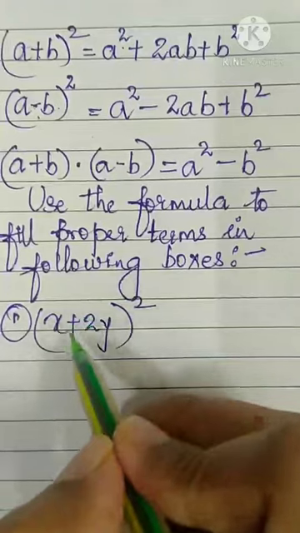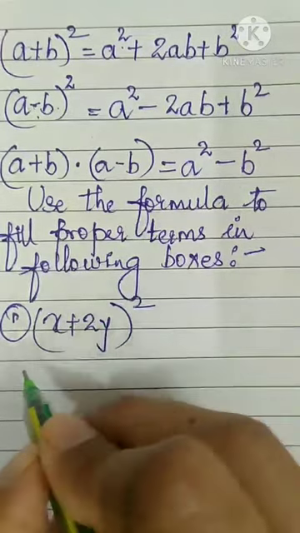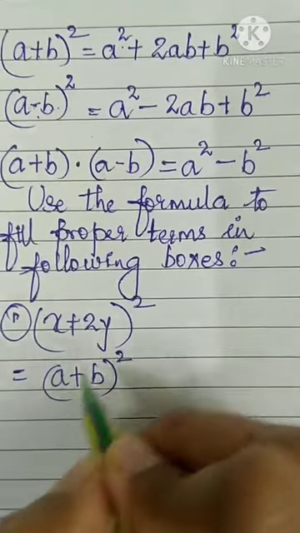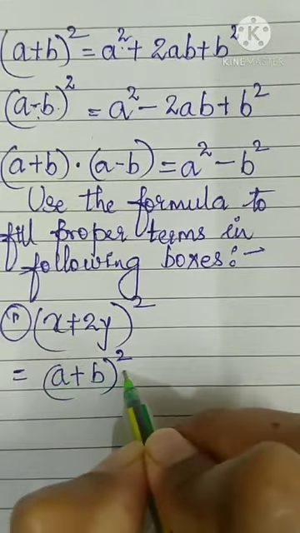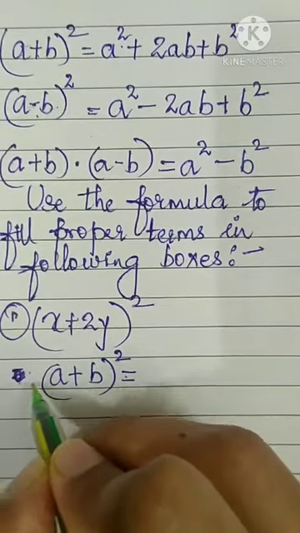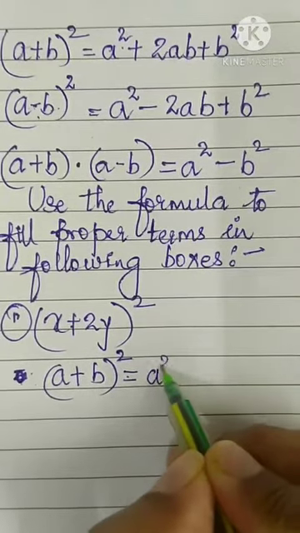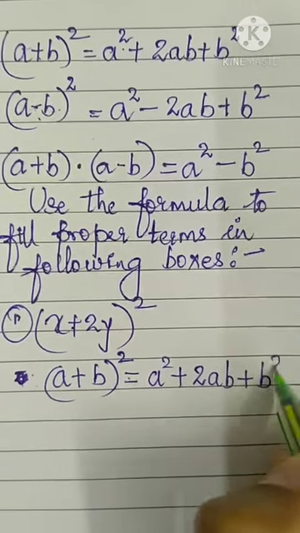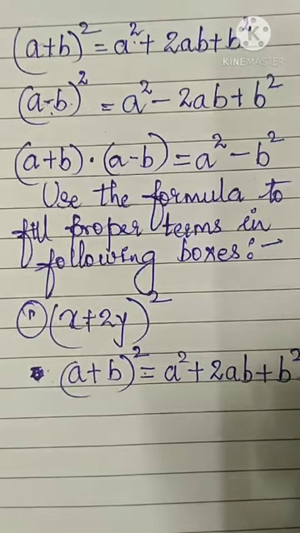Here we have addition between two terms and whole square. So which formula will you be using? You will be using the a plus b the whole square formula. If you are putting equal to here, then you should not put it here; only one equal to should come. So here you can put therefore, or just write down the formula. A plus b the whole square will be a square plus 2ab plus b square. You should know the formulas thoroughly.